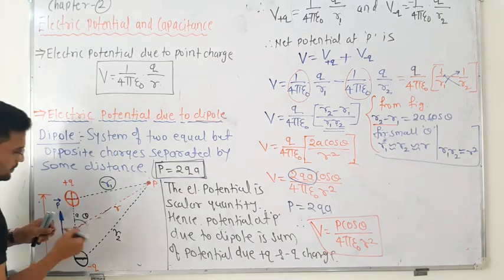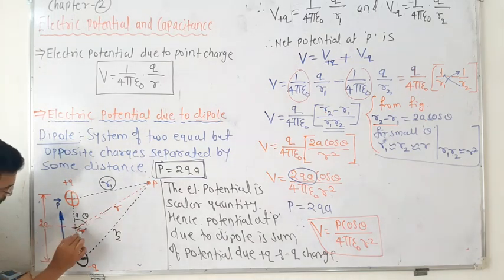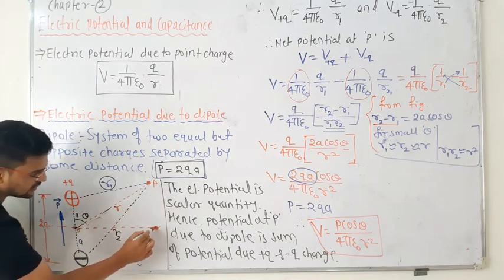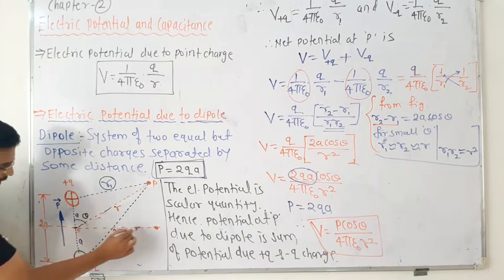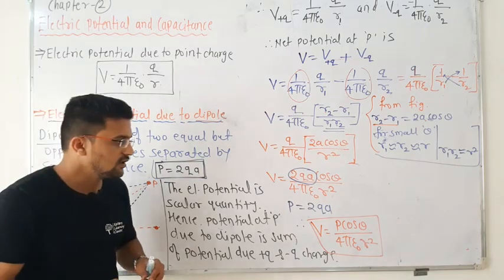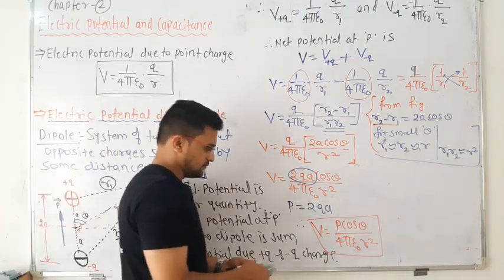Suppose this is the center of the dipole, and if point P resides on the center of the dipole, then the line joining it and the dipole moment direction make how much angle? It makes an angle of 90 degrees. Okay, so now we will see